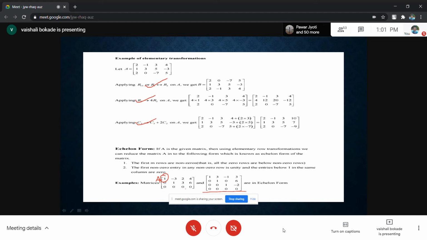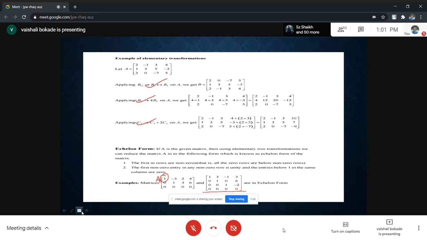Whenever I am applying row transformation, if I have zero rows, I will transfer those zero rows to the bottom. This thing you have to remember. Now I'm talking about non-zero rows. The element at the (1,1) place in R1 is to be converted to 1, and for that purpose I can use R1, R2, R3 and all the rows.